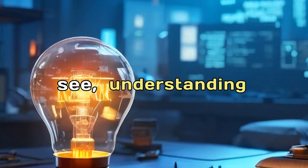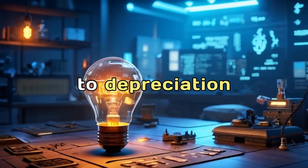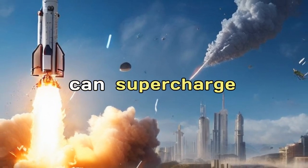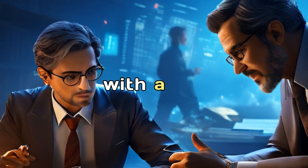As you can see, understanding real estate tax benefits is a game changer. From deductions to depreciation and deferring taxes through 1031 exchanges, these strategies can supercharge your wealth-building journey. Ready to dive deeper? Make sure you consult with a tax professional to